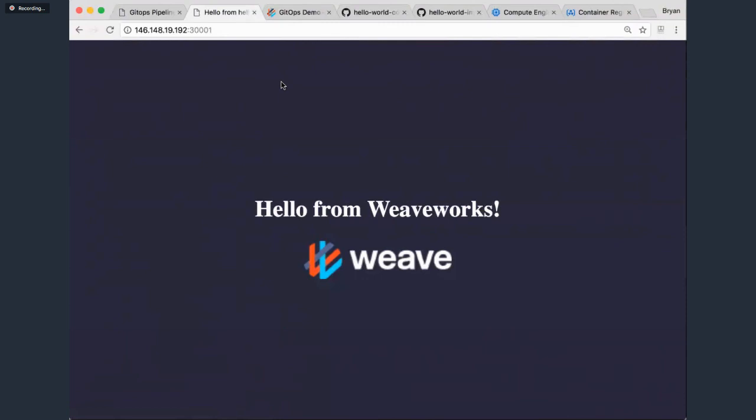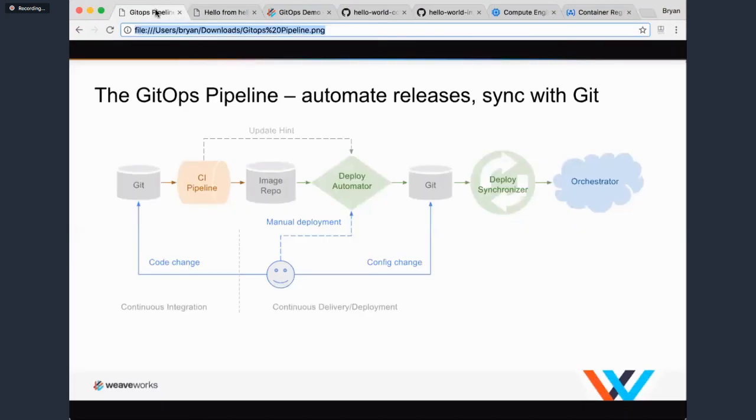Do you want to go back to the original image that you were showing again? Now what we were looking at originally is this pipeline for automating releases and syncing with Git. So with this kind of in context now, can you take us through this again just quickly to help explain to people what we're looking at? Yeah, so in terms of the steps of the demo I just flashed through really quickly,